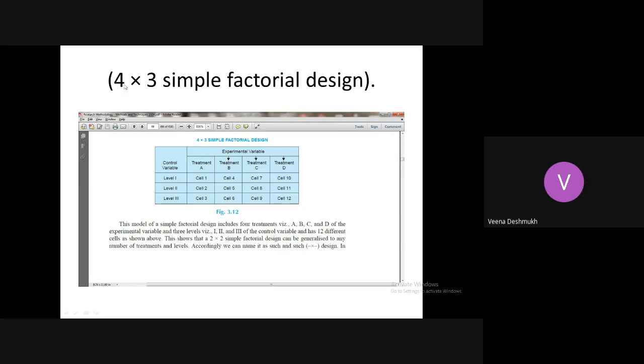So here you have two factors again, one with 4 levels, another one with 3 levels, which also gives you a simple factorial design. As you go on adding more variables with different levels, that leads to complex factorial design. Only two factors with different levels give you a simple factorial design.